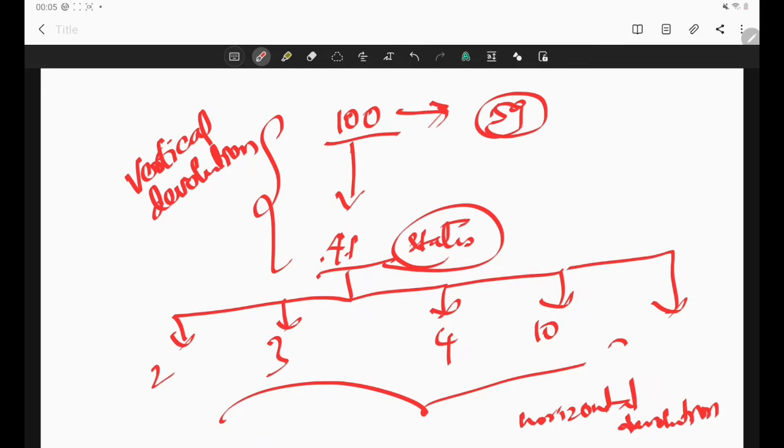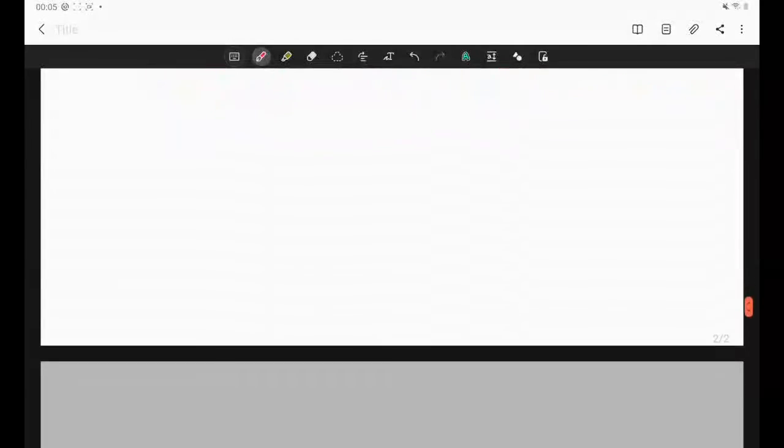And out of this 41 rupees, states will be dividing this money according to the needs. Like if UP has more population, it will get more money. So like that, there are certain parameters. Who will decide this? How much each state will get? This is again decided by Finance Commission. It will recommend to central government, and central government will distribute the money accordingly. So this is how it happens.